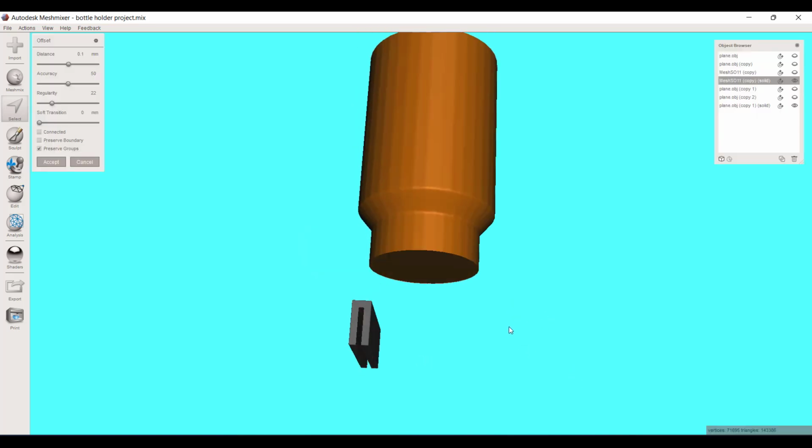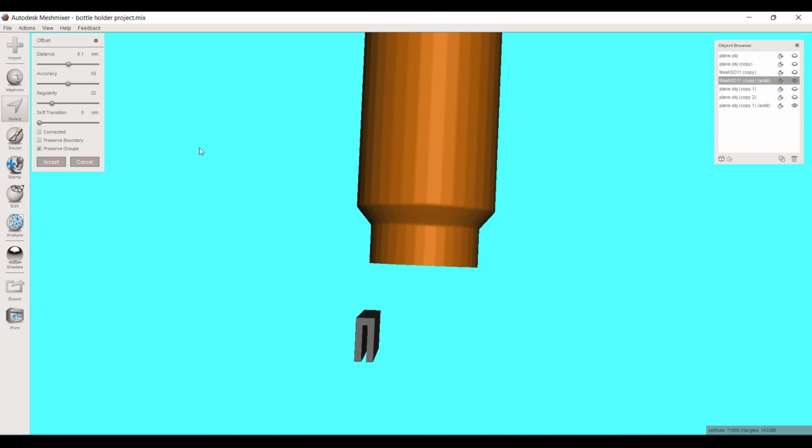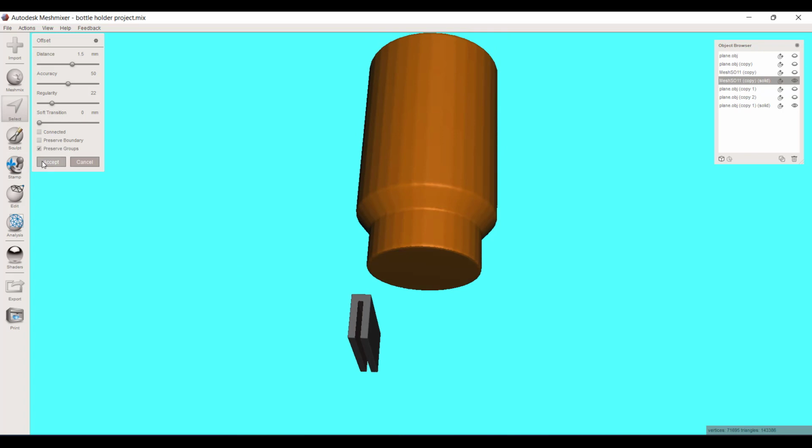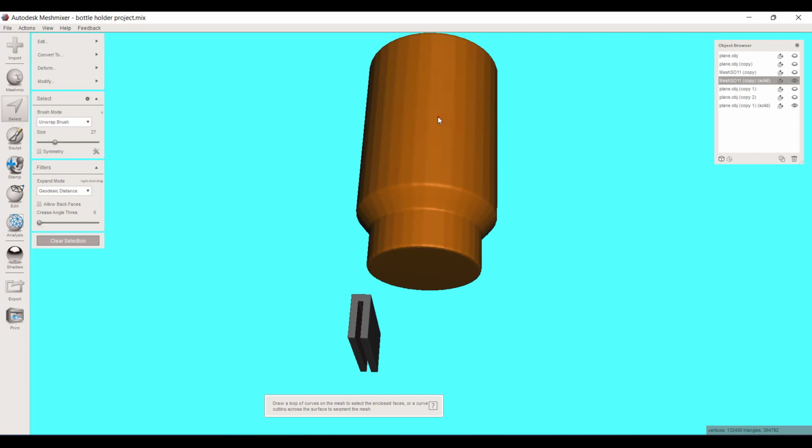Okay, so when you do your offset initially, it's going to go back to whatever the last time you used the offset function, it's going to use that measurement. I need to change my offset distance to 1.5 and then hit enter, let it refigure. Okay, so now it's offset by 1.5 millimeters. Now watch as I accept this. When I hit accept, this is that newly offset surface, and it's still selected orange,